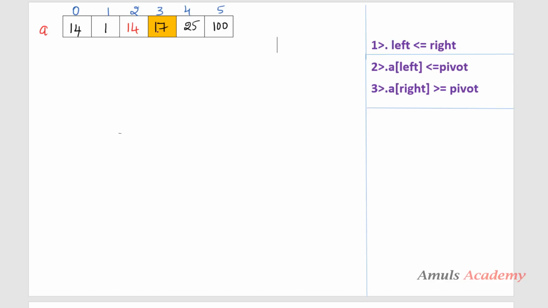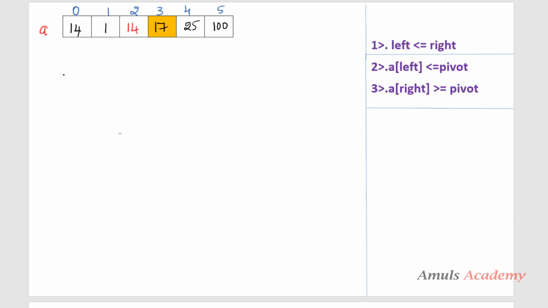Here if you observe, we can see the elements which are present on the left side of 17 are smaller values, and the elements which are present on the right side of the pivot value are greater than the pivot value, right? So now what we need to do is divide the list. As I said, it is based on the divide and conquer method. So here we'll divide the list based on this pivot element.